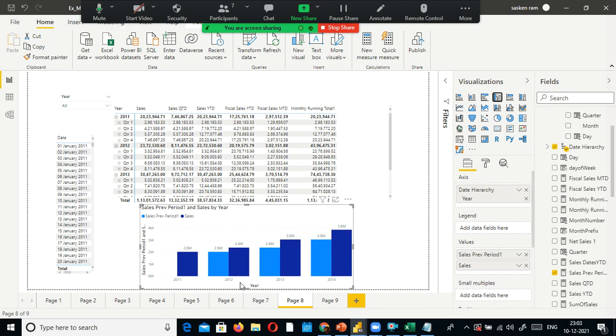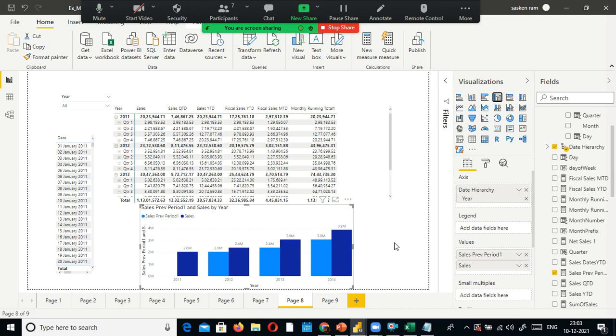With this you can understand quickly. But here you don't see the previous period. Here we don't have the previous period. That means we started the business only in 2011. Hence we don't have the previous period. So this one carried forward here, and this one carried forward here, this one carried forward here to do the comparison. Same period last year.